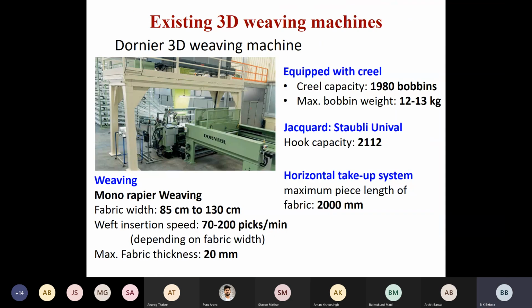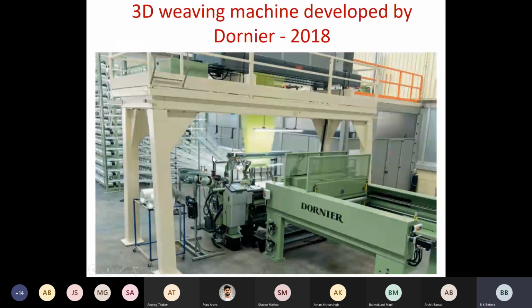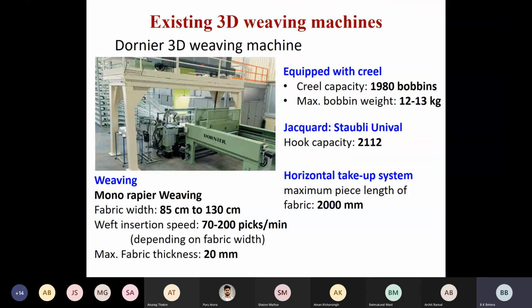Okay, now, this is a projected view of the same machine. If you want to see it in a close view, it's the same machine. There are some features I have already told you in all these pictures, like the weight of the bobbin, etc. You don't have to remember all these figures. Whatever points I have told you, that is enough.